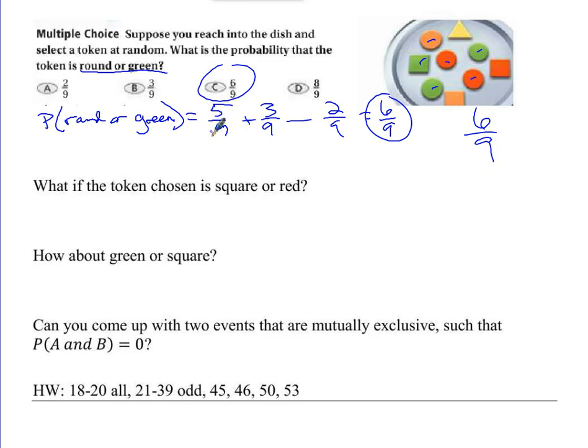Mathematically speaking, this is the formula. Because it's a simple figure with very few tokens on it, you can just count them up and get the same answer. What if I'm looking for a token that's square or red? Let's do the math way. So I would write P, what? Or red, equals